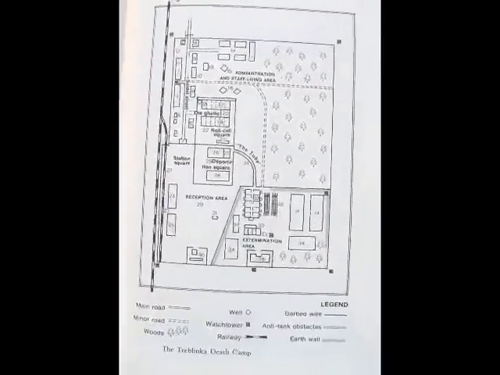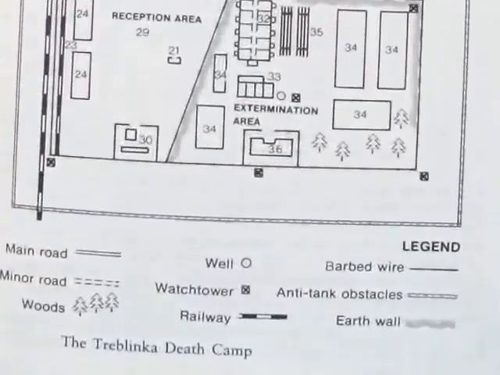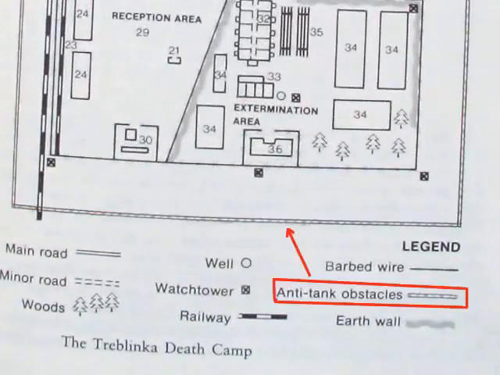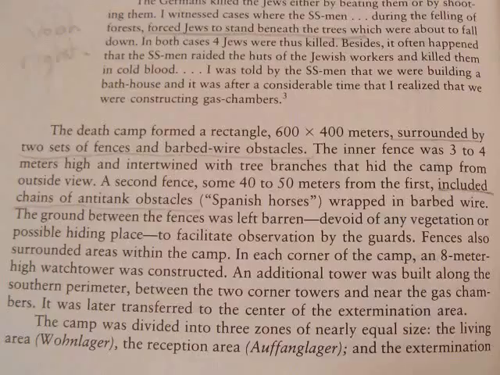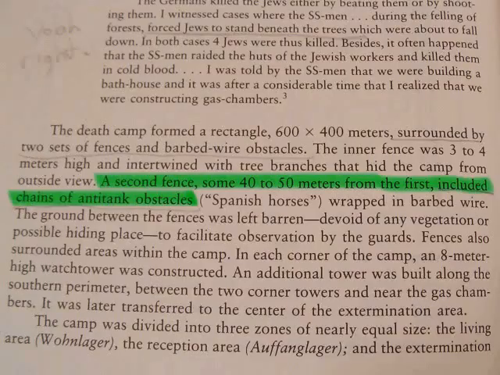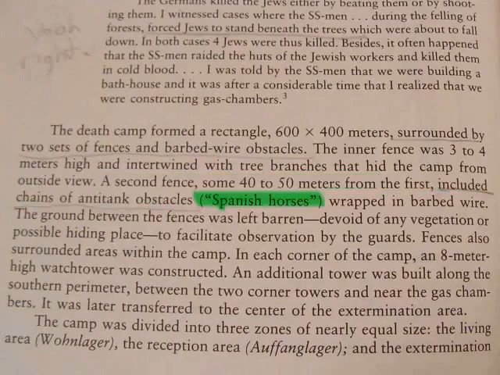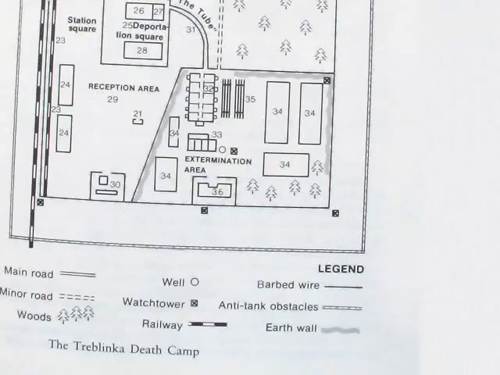On Yitzhak Arad's map of Treblinka, there is an outer fence made out of anti-tank obstacles. We read about it on page 40. A second fence, some 40 to 50 meters from the first, included chains of anti-tank obstacles, Spanish horses, wrapped in barbed wire. But if a Soviet tank ever came up to this fence, the tank would already be at point-blank